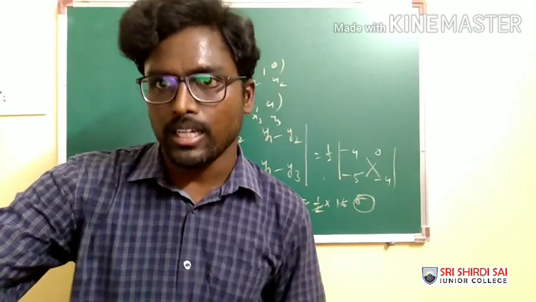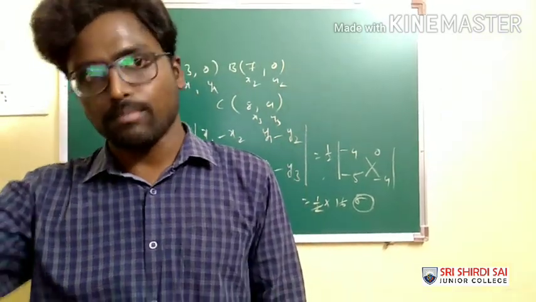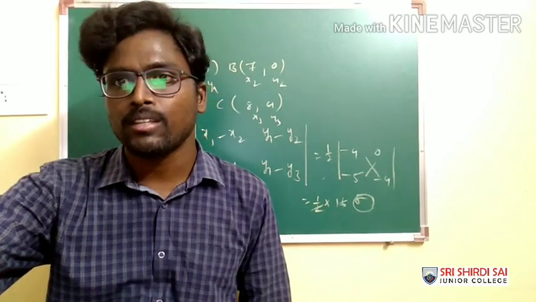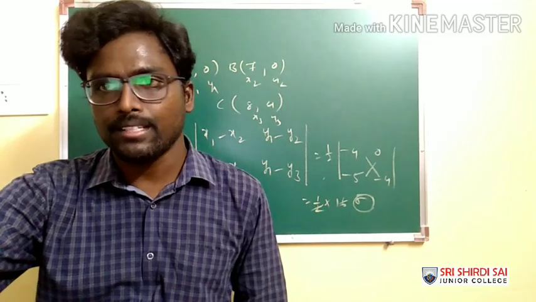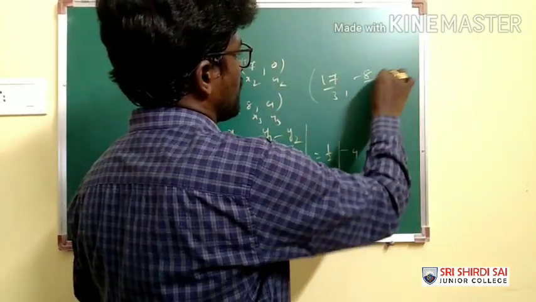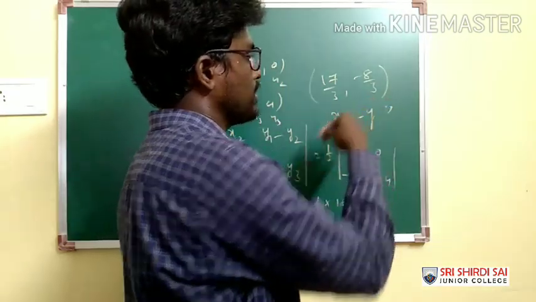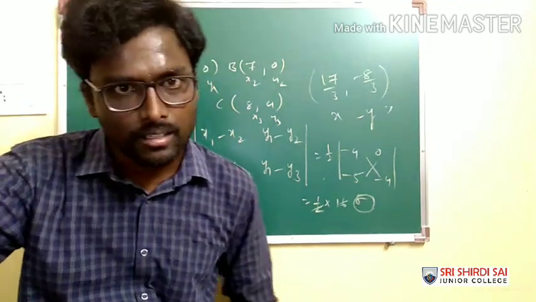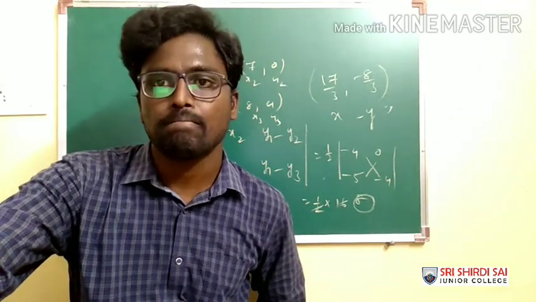Here, according to the question, using the section formula, the outcome we are getting is 17 by 3 comma minus 8 by 3. If you calculate you will get 17 by 3 comma minus 8 by 3. So it is of what nature? x comma minus y nature, and hence this point lies in which quadrant? Fourth quadrant. Therefore our suitable option is D.